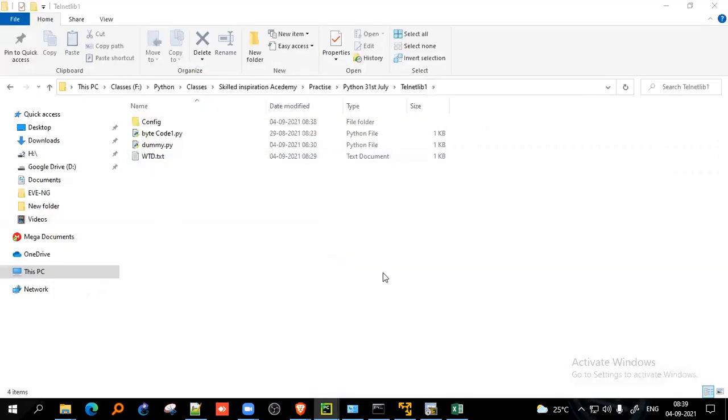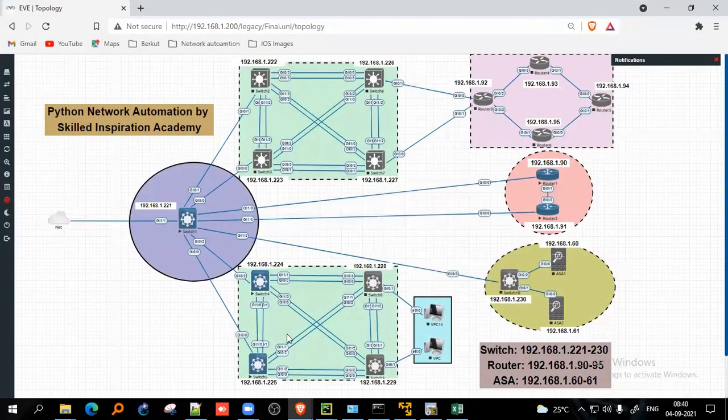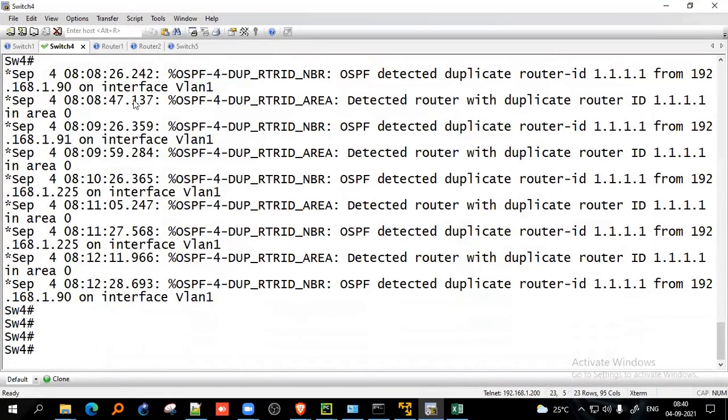Let's check with the lab. Lab is here. 1.224. Okay. 1.225. Okay. Let me check.